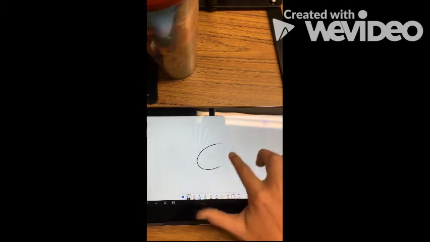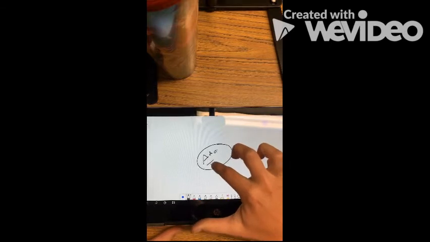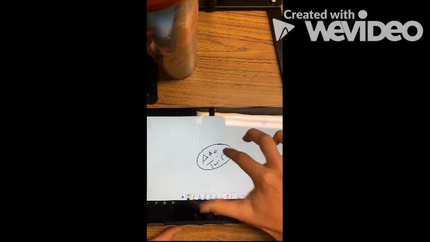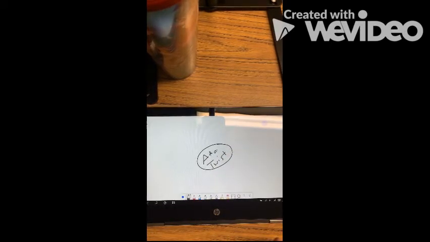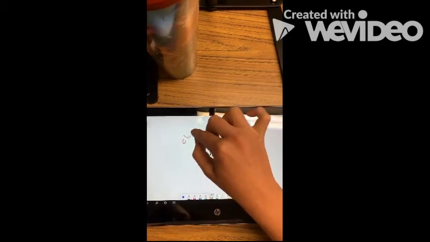So in the middle of this, we are going to put Ada Twist. And what we're going to do is make a map of all of the things that make Ada Twist's identity. So we're going to put her name in the middle, and then we are going to think about some of the things that we saw throughout the book that define Ada Twist. And I know one thing that I saw about her that I think was really important was that she was an observer.